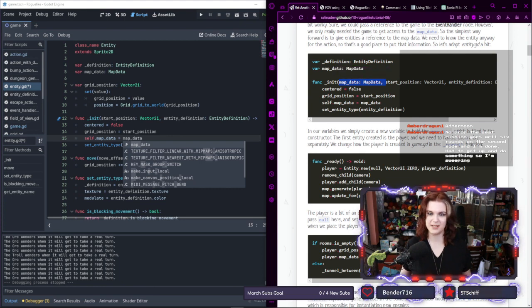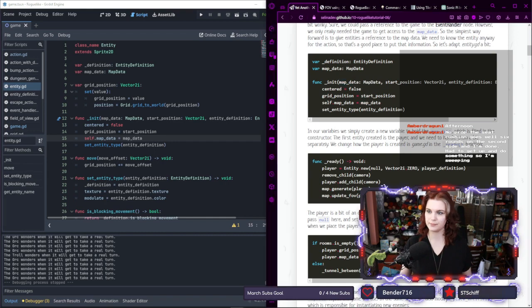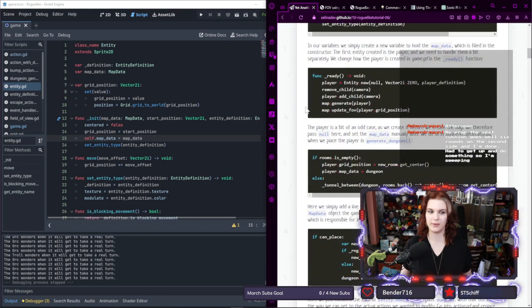We will be passing in a reference to map data. There we go. And so we set the thing that we're passed to our self-reference of map data. In our variables, we simply create a new variable to hold the map data, which is filled